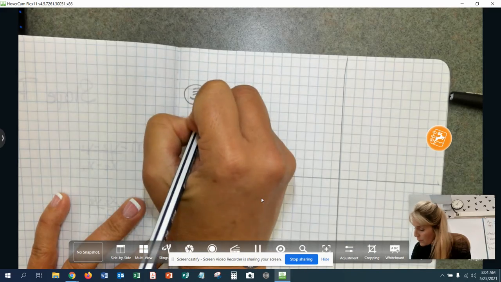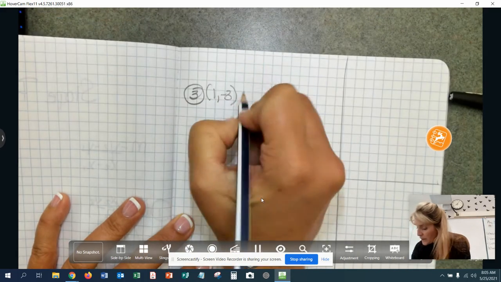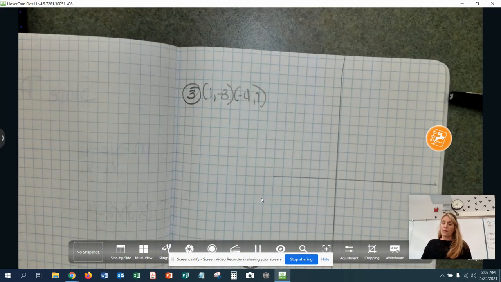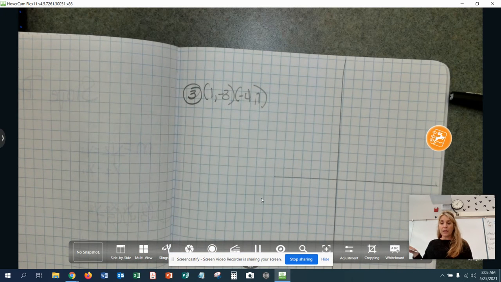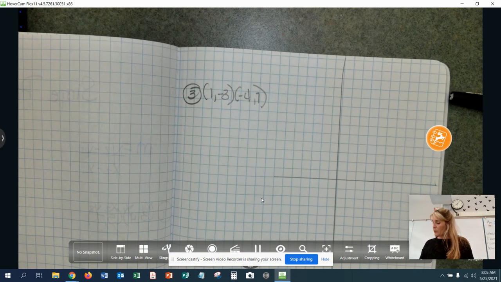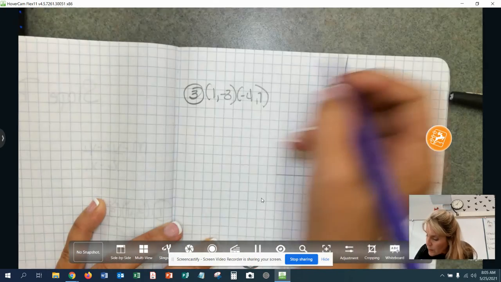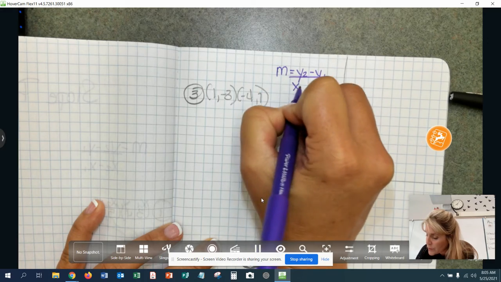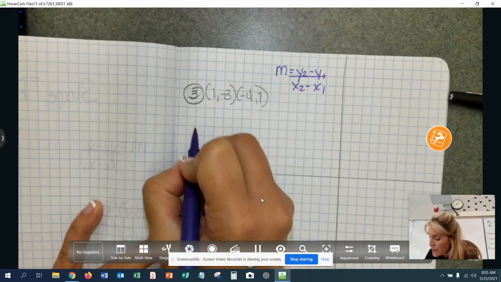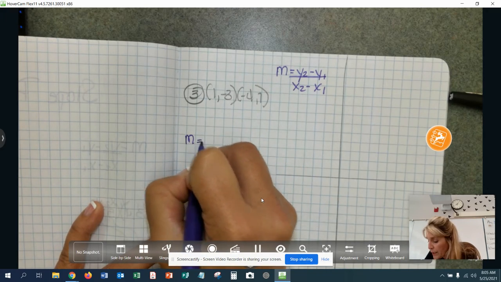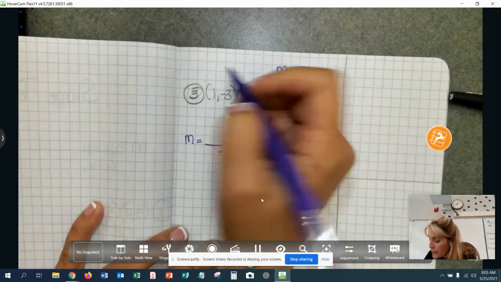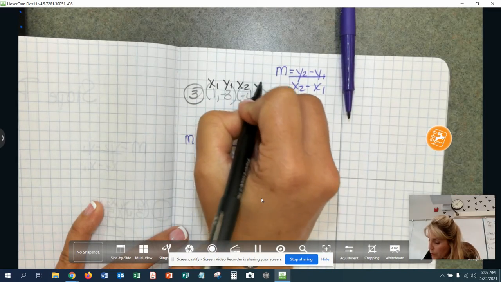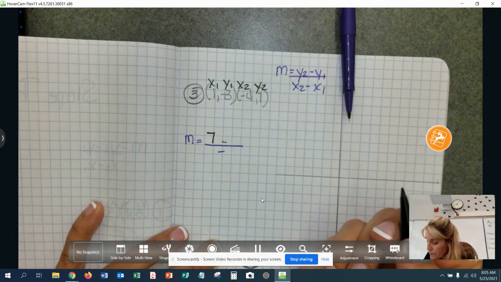It is 1 and -3, and then -4 and 7. Realize that this goes in the negative. Our other things were positive. No big deal. We're going to write our formula. Actually, I'm going to write it right here. M equals y2 minus y1 over x2 minus x1. So then I'm just going to plug it in, rewrite it here with a blank, and then label x1, y1, x2, y2,